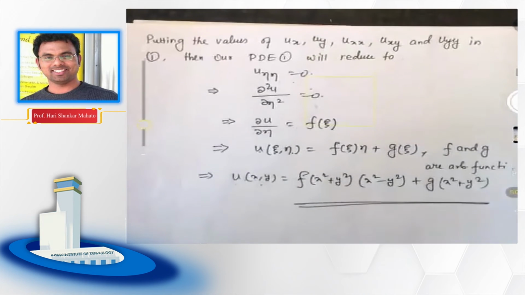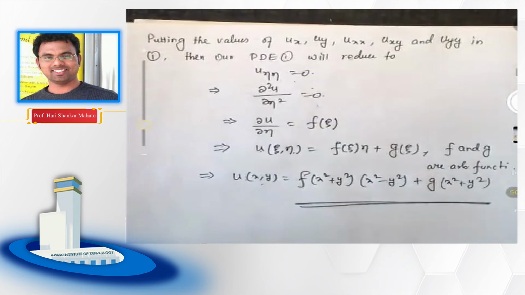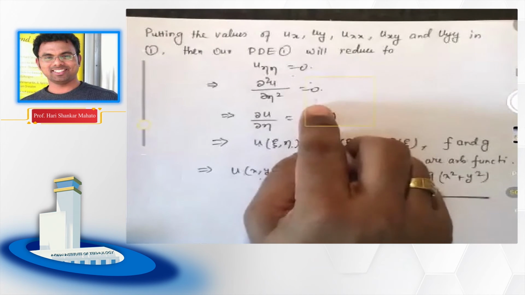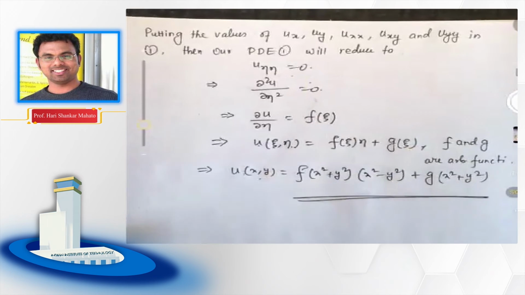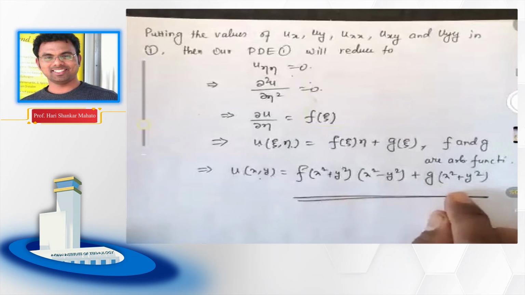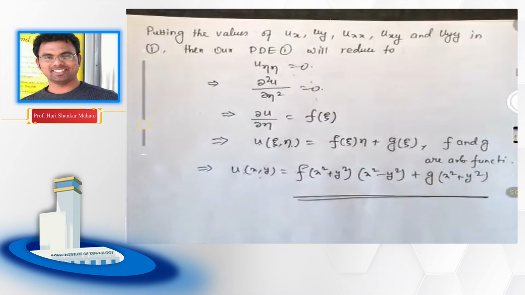So although our given PDE 1 had a very complicated form, after reducing it to the canonical form, we are able to write down the solution. We didn't use any method to calculate the solution. However, the minute we have the canonical form, the method to find the solution of the given PDE has become very simple. In this case, we just integrated. So this is another essence of it, that it will help you find the solution very easily. In some cases, not in all cases, it will reduce to a simpler one, and then you can find the solution.